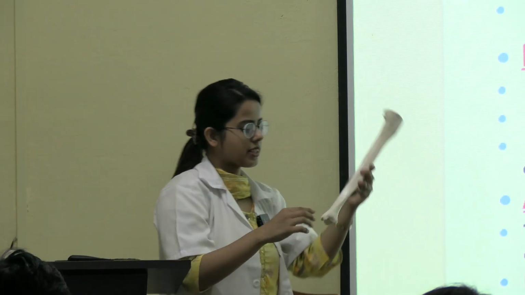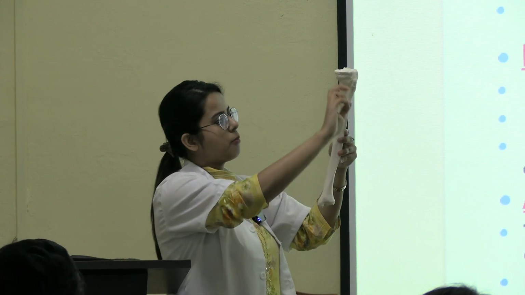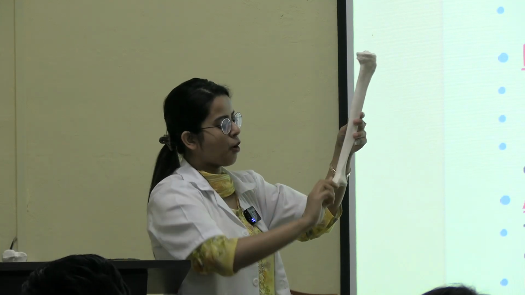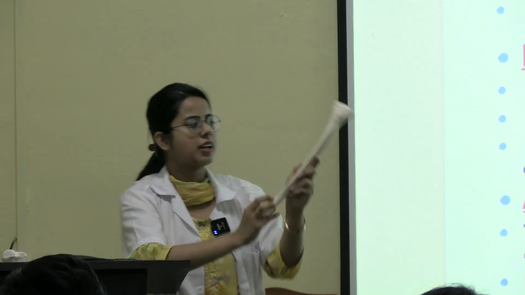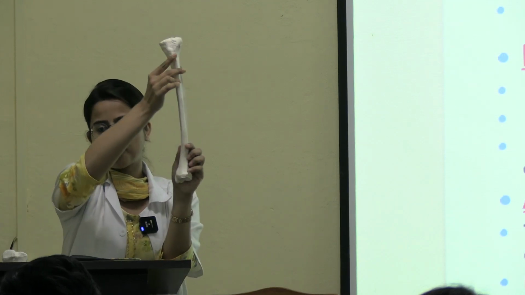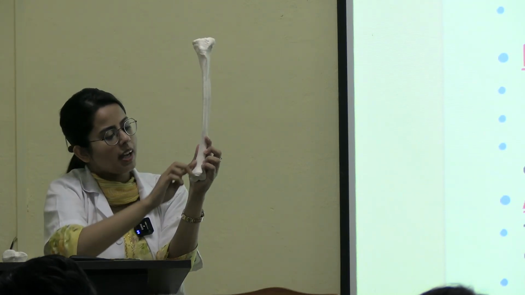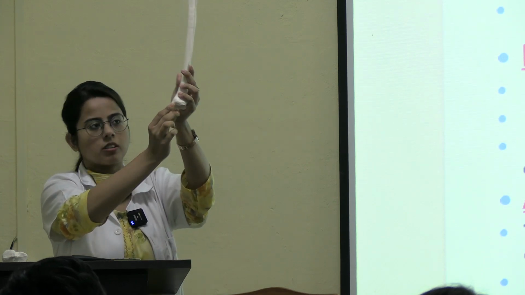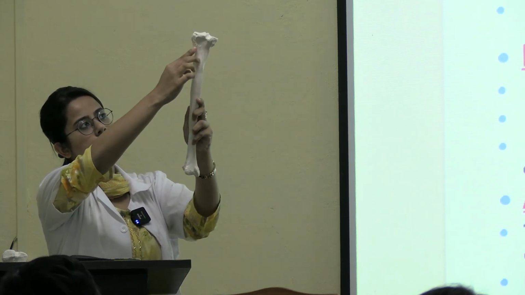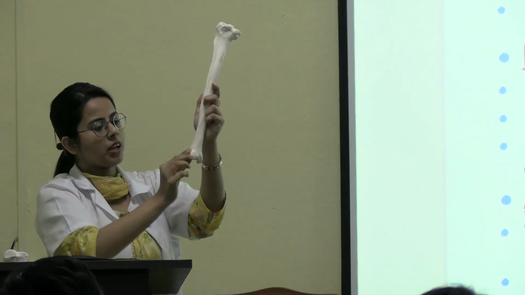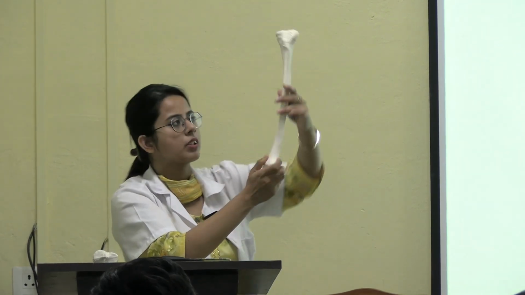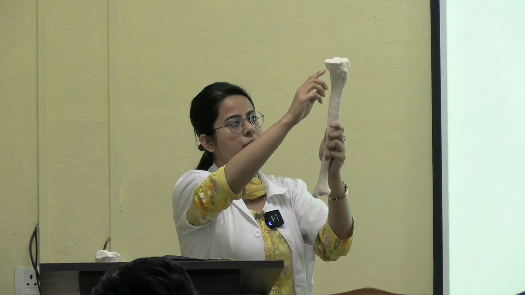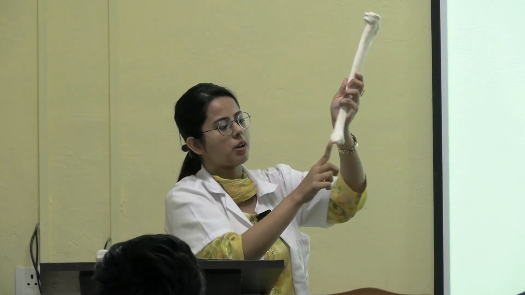Clear? And this is the medial border. It will begin from the medial condyle and it will form the posterior margin of medial malleolus. Clear? So anterior border will start from tibial tuberosity and form the anterior margin of medial malleolus. Clear? Lateral border will start from fibular facet and it will form the anterior margin of fibular notch. This area is known as the fibular notch. And medial border will start from the medial condyle and form the posterior margin of medial malleolus. You can see, everyone.